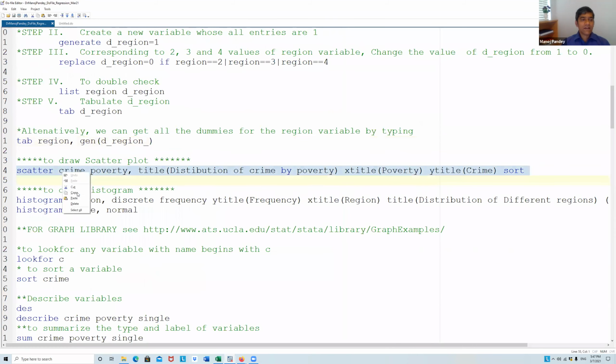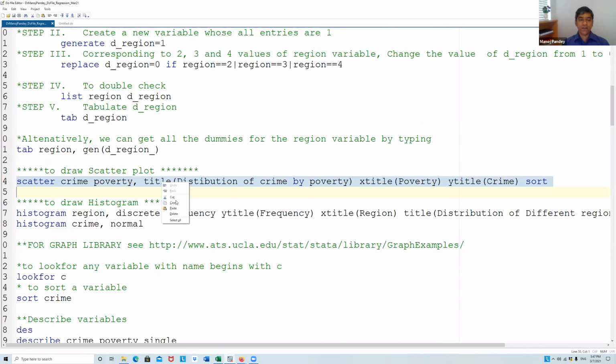Now the second thing that I want to see is how my data looks, because probably my main variable is poverty. I want to see the association of poverty with crime. I don't want to use the word effect or impact, because I'm conscious about the causal relationship, right?